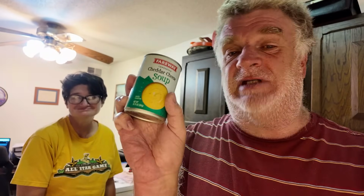We are making a taco bake. Let's run down the ingredients first before we start making this. We have made it before, so we're going to modify the recipe somewhat. Instead of about a pound of hamburger, we're going to use a pound and a half. We're going to use a bag of taco seasoning right there. They want us to use half a can, but we're going to use the whole can of cheddar cheese